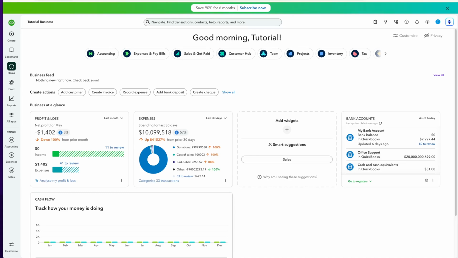In today's video, I'm going to teach you how to track inventory in QuickBooks Online. Managing inventory is a crucial part of running a business. With QuickBooks Online, you have all the tools you need to keep track of your products, services, and stock levels. Whether you're monitoring inventory quantities, analyzing product performance, or customizing reports, this tutorial will guide you through the process step